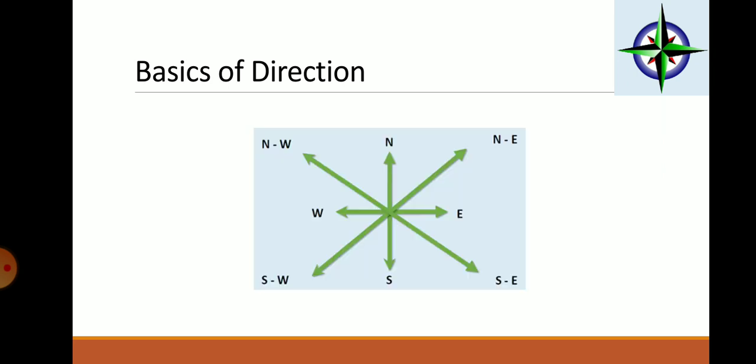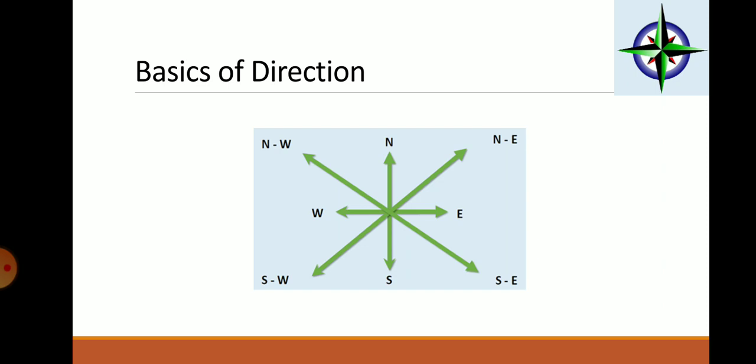In that diagram you can observe how we will study the left turn or right turn. Suppose you are exactly at the center facing towards north and you take a left turn of exactly 90 degrees, then you will move in the west direction. Remember, if you are facing north and you take exactly a 90 degree turn towards your left, you will move in the west direction.